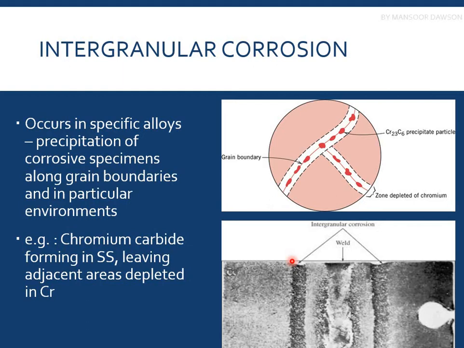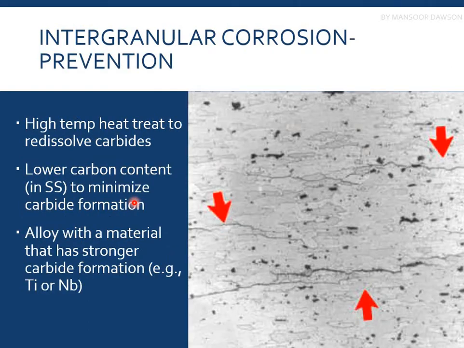Alright, so to avoid intergranular corrosion, you want to avoid the sensitization temperature of stainless steel while heat treating it and while welding. So the prevention techniques are high temperature soaking. If you have intergranular corrosion in your part, you treat your part at a very high temperature in order to re-dissolve the chromium carbides and make a homogeneous composition.